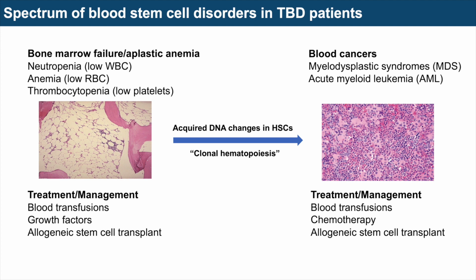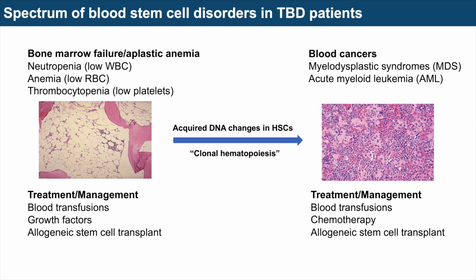And so as I mentioned at the outset, I really think about the hematologic complications in TBD patients along the spectrum. On one end of the spectrum, you have patients that have low blood counts, where the supply does not meet the demand, and patients either have low white blood cell counts, they're at risk for certain infections, particularly bacterial infections. They have anemia, low red blood cells, and they also can have low platelets, and some combination of these. And this is just a representative image of what patients' bone marrows can look like when they have a deficiency of hematopoietic stem cell number and function.